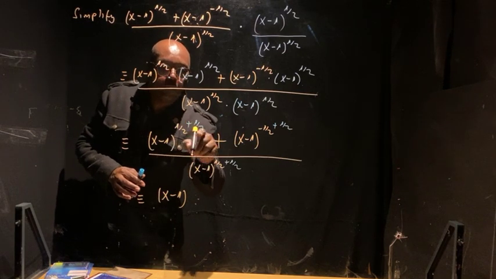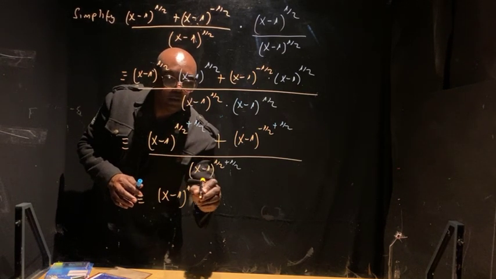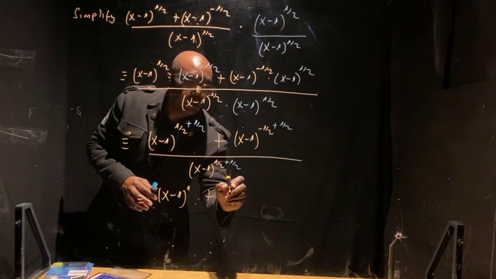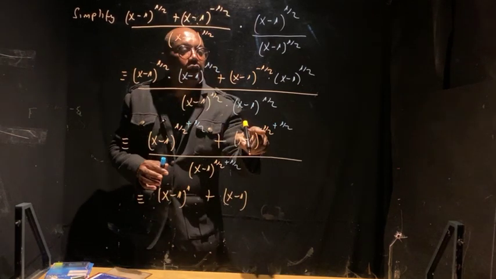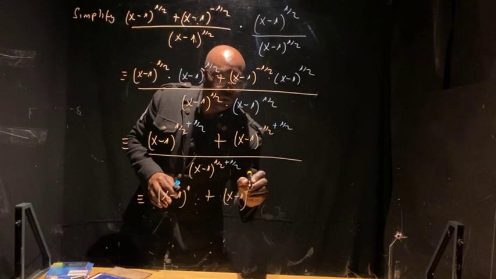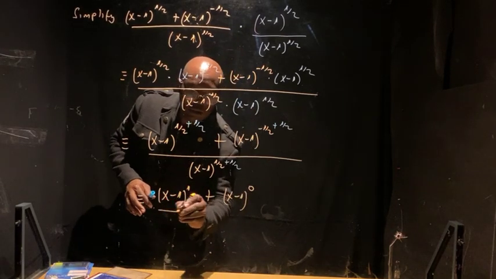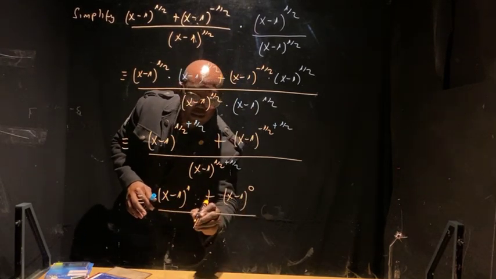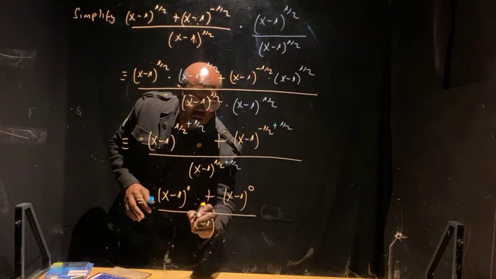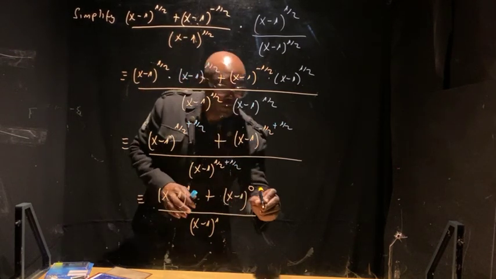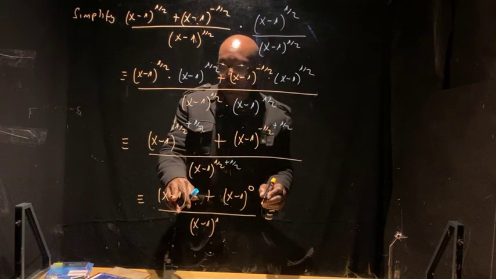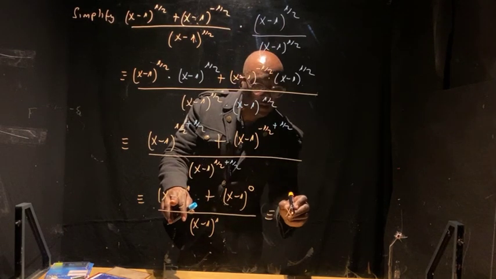Half plus half is equal to 1, plus x minus 1, minus half plus half is equal to 0, all over x minus 1 raised to the power half plus half is equal to 1, which is not different from x minus 1